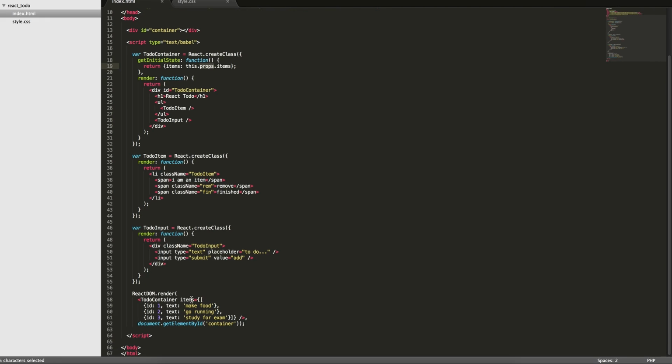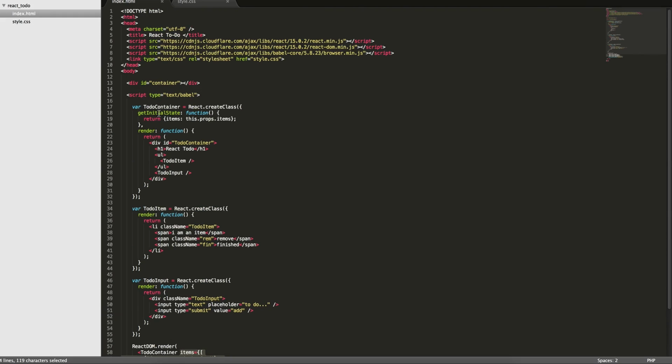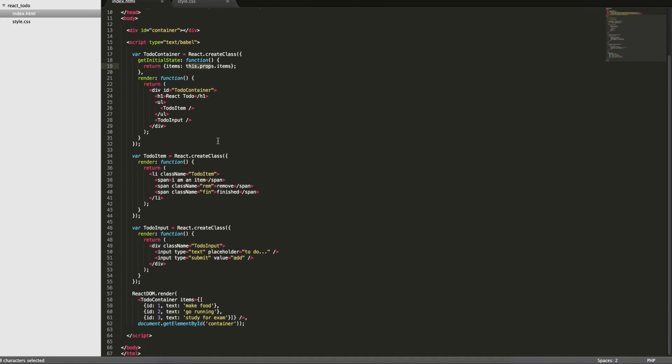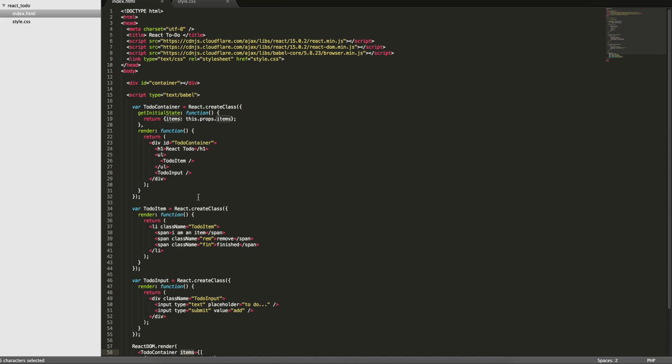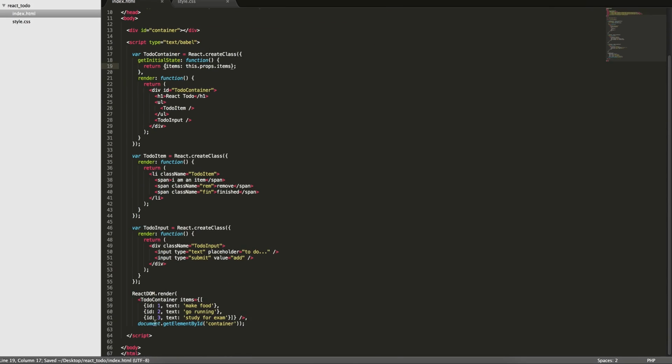So props is accessed by properties being passed into the component. Here we have to-do container. This property items is being passed into it. So we can access it within this component via this.props. It's an object, so we have this.props.items. We'll leave that as it is for now, and when we add a new item, we'll want to somehow, okay, we'll get to that later, the counterpart. So, we have this initial state, and now what we want to do is display each of these